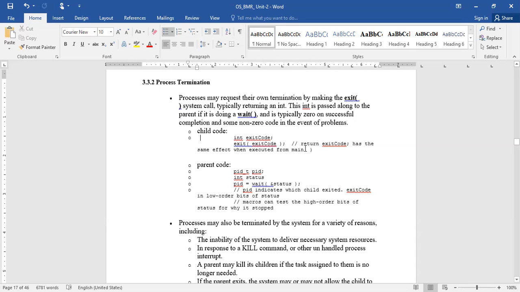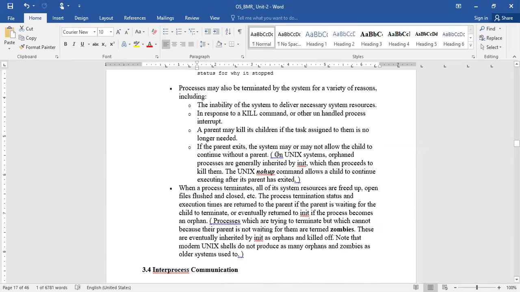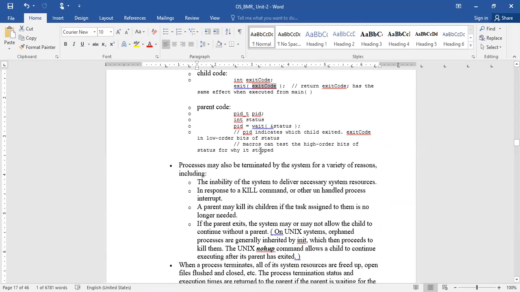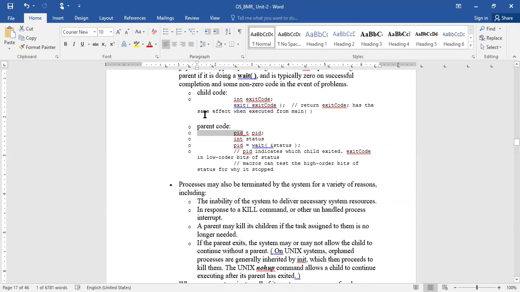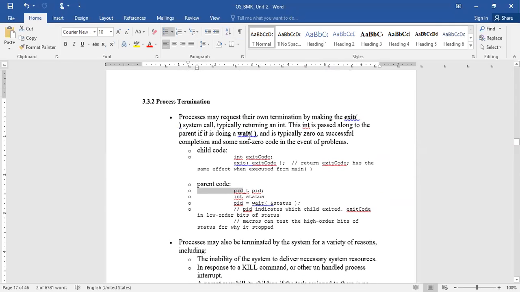So it returns the exit code, the same effect as when executed from main. Whatever the exit code of this particular child will be returned. So like that, you can terminate your process either by the parent or the child process, whatever it may be.